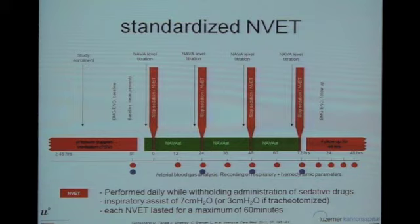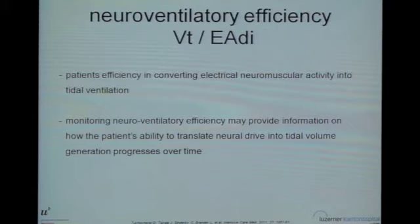Each test lasted for a maximum of 60 minutes or was terminated prematurely if the patient showed any indication of respiratory failure. Now, the neuroventilatory efficiency test is basically just an index between tidal volume and the diaphragmatic EMG, and it tells you something about the efficiency in converting electrical neuromuscular activity into tidal ventilation. So the more tidal volume you are able to generate for a specific diaphragmatic EMG, the more efficient you are